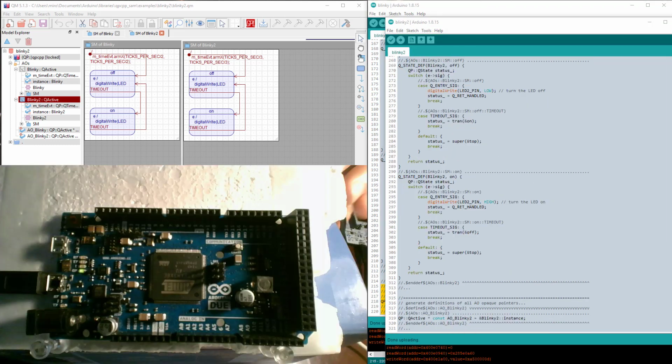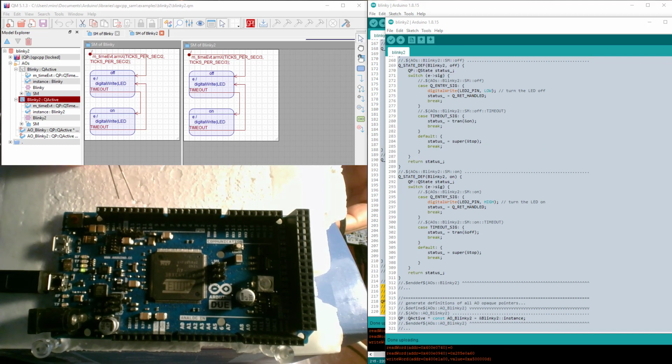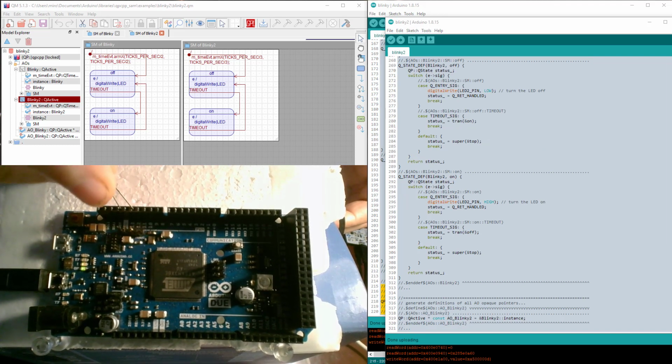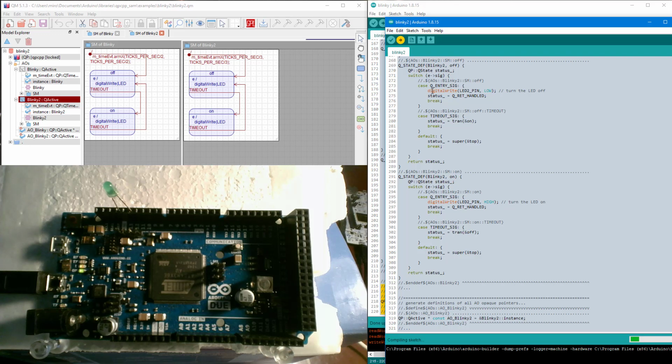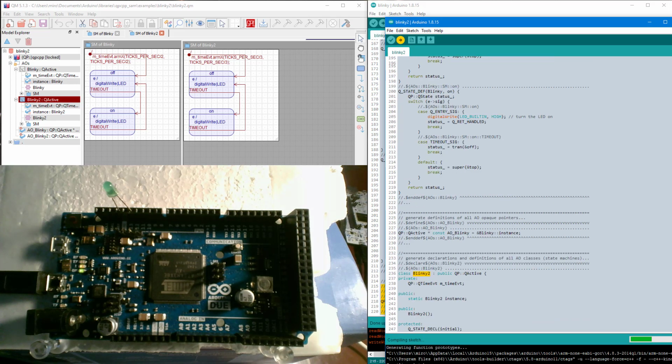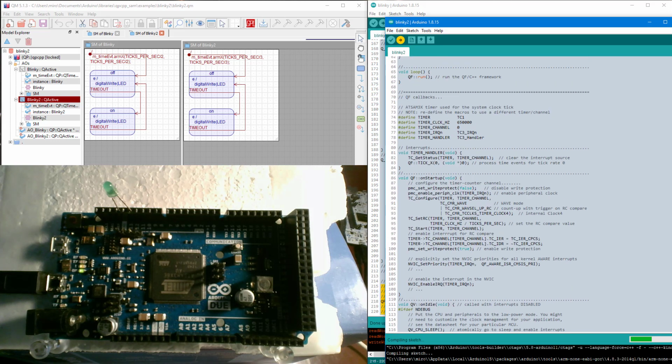But before you build and load the Blinky 2 code to your Arduino Uno board, you need to connect a second LED to pin 12. On a 3.3-volt board, like the Due, you can simply insert a green LED directly to the board without a limiting resistor. You only need to remember to put the shorter leg of the LED to the ground. This would not work for a 5-volt board, like Arduino Uno, so please be careful.